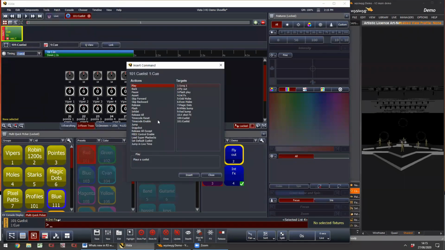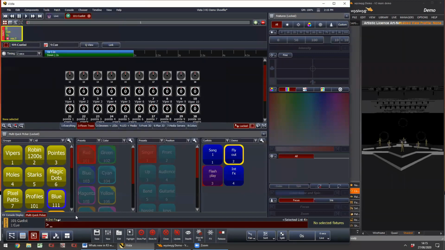The other one is set default queue list, which is still pressing that select button. So you can select this queue list. Why do we put that in here? Well, this is mainly to do with the playback window. If we just insert this, and again, just play this queue,